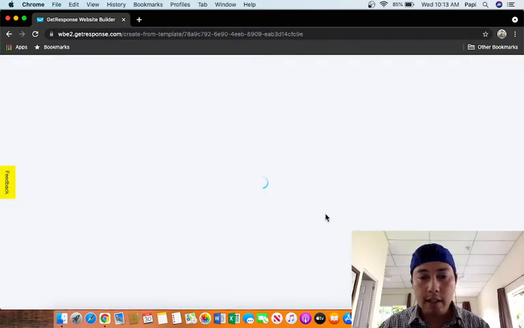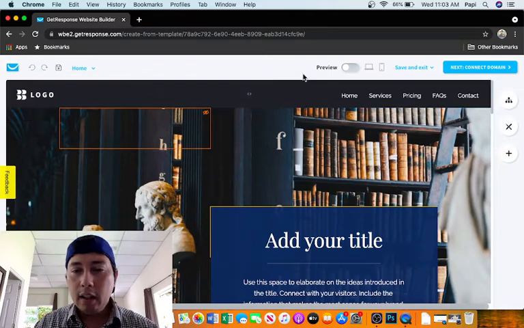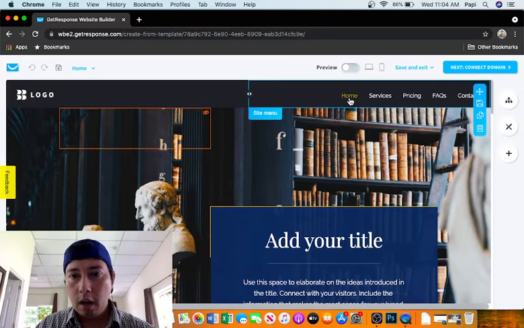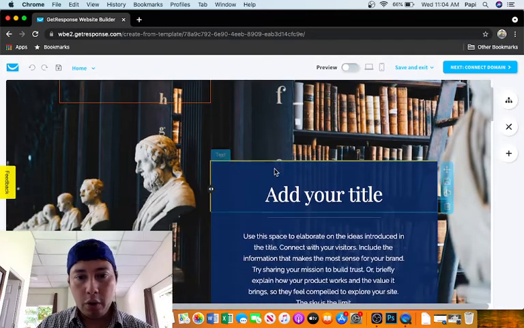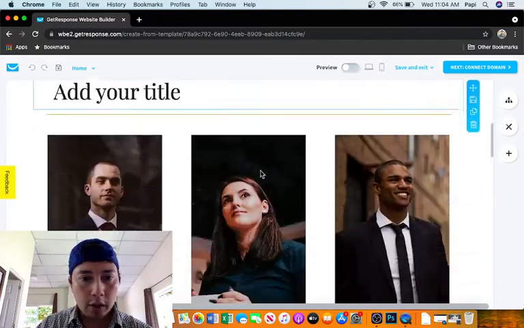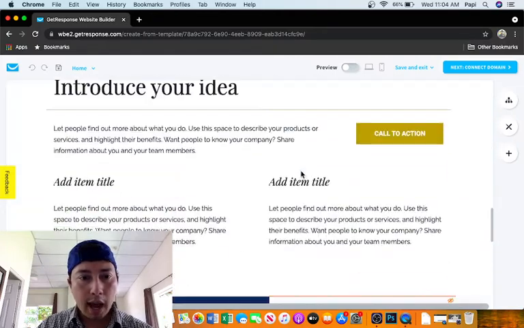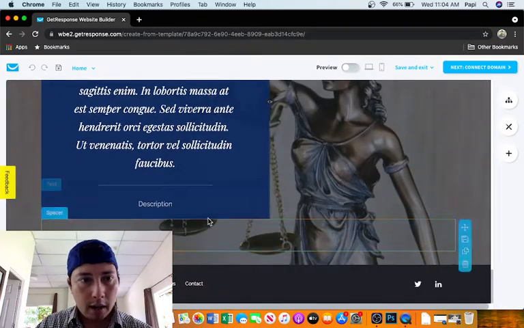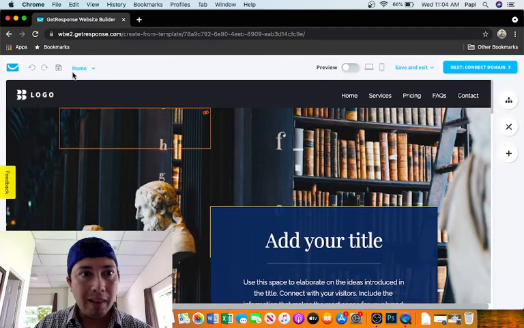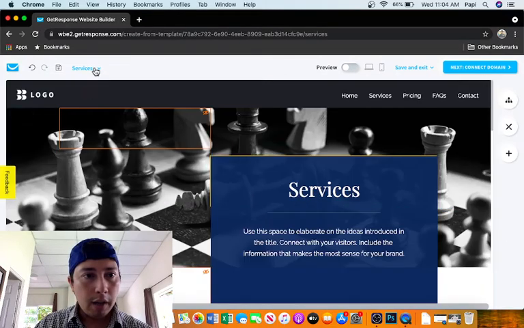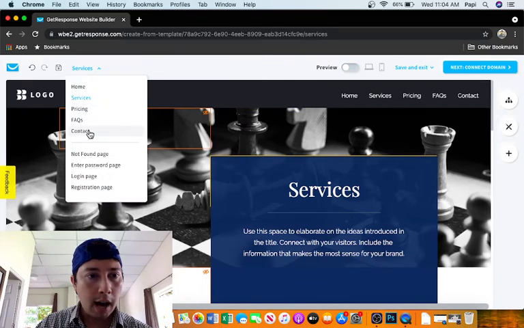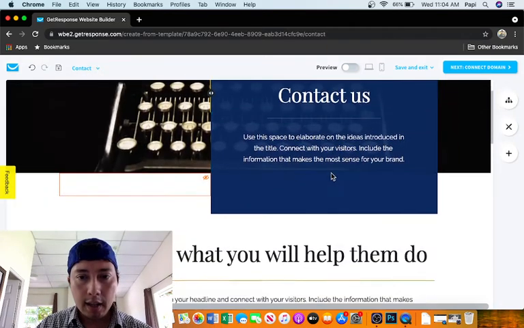We're going to use these templates. Okay, guys, this website has 5 pages: home, service, pricing, FAQs, and contact. 1, 2, 3, 4, and 5. And you can put here your logo, you can add your title, your call to actions, your pictures, your stats, your ideas, and much more. But for an easy navigation between pages, you click here. If I need to edit the service page, I click here in service, and I'm in the service page. If I need to edit pricing, FAQs, or contact, I click here in contact and I can edit the contact